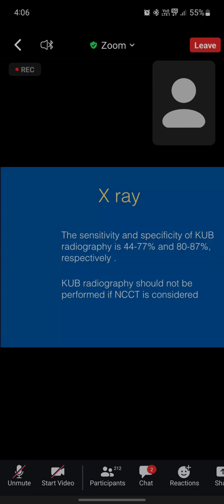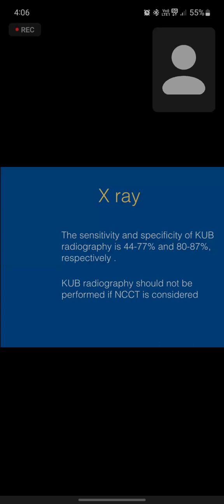Then the second investigation, which was very common in the past, was X-ray KUB. The advantage is that it is a very fast investigation. We can do it whenever we want in a single shot. But the problem is it requires